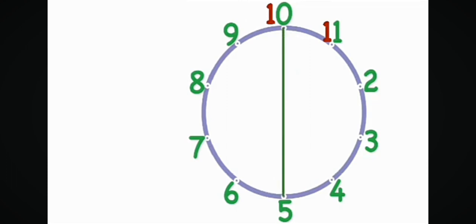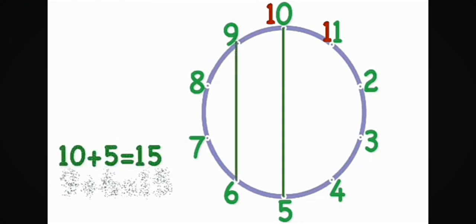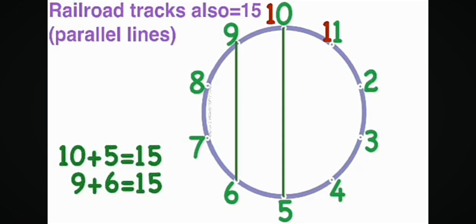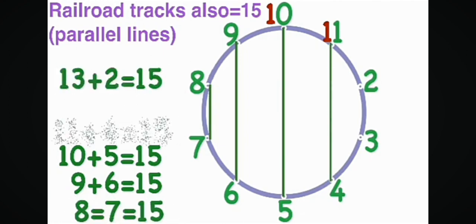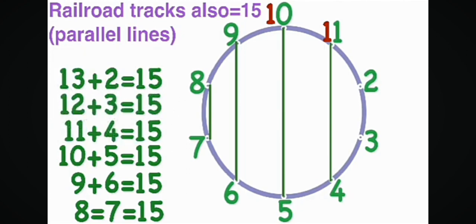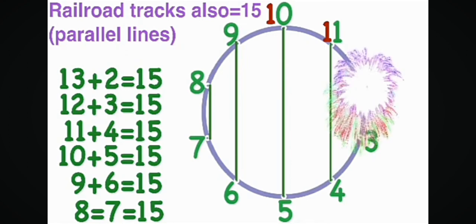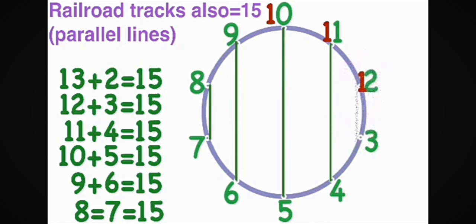And 10, 5. Well, 10, 5 we also call 15. And other numbers that add up to 15, we go to the left. 9 and 6 are 15, and also 8 and 7 are 15. And we can go to the right, and there is 11 and 4 are 13, 12 and 3 are 13, and 13 and 2 are 13. So just lots of ways. The 10 can be in any place. It's still going to add up to